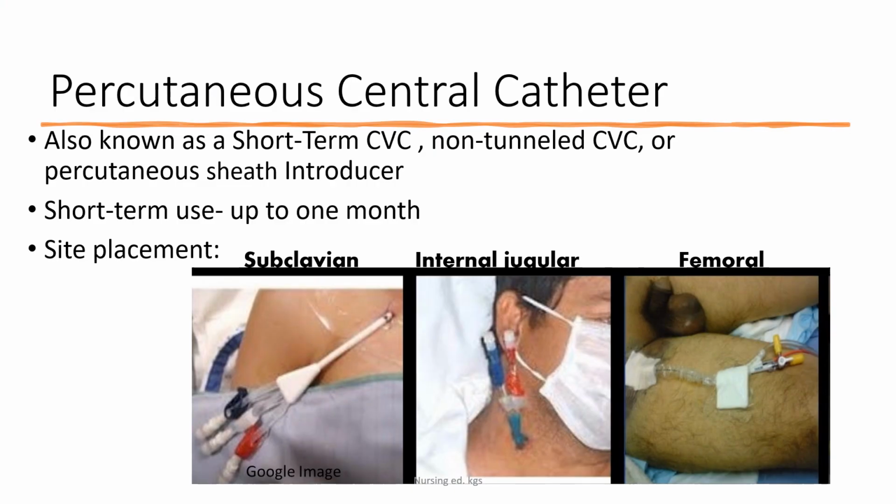Percutaneous central catheters are also known as short-term CVCs, non-tunneled CVCs, or percutaneous sheath introducers, which is not shown here, but you will know that it's a PSI because you'll see the pulmonary artery catheter and the introducer valve. These are inserted for short-term use, up to a month, if not less,